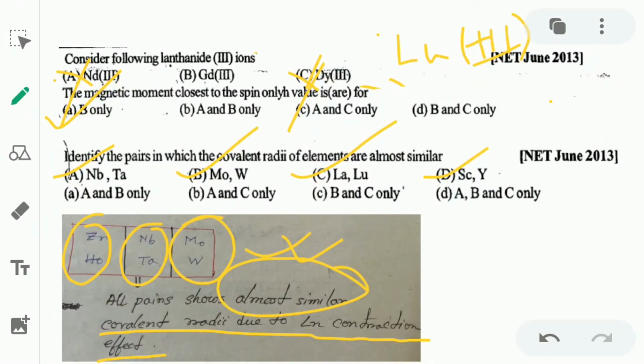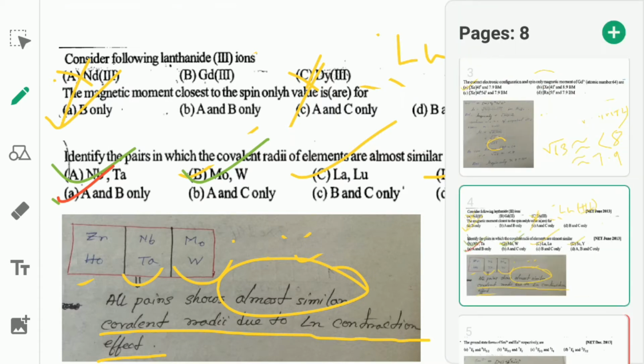That's why we can easily say the answer should be niobium-tantalum and molybdenum-tungsten. That is A and B. Answer is option A. Now let's do the